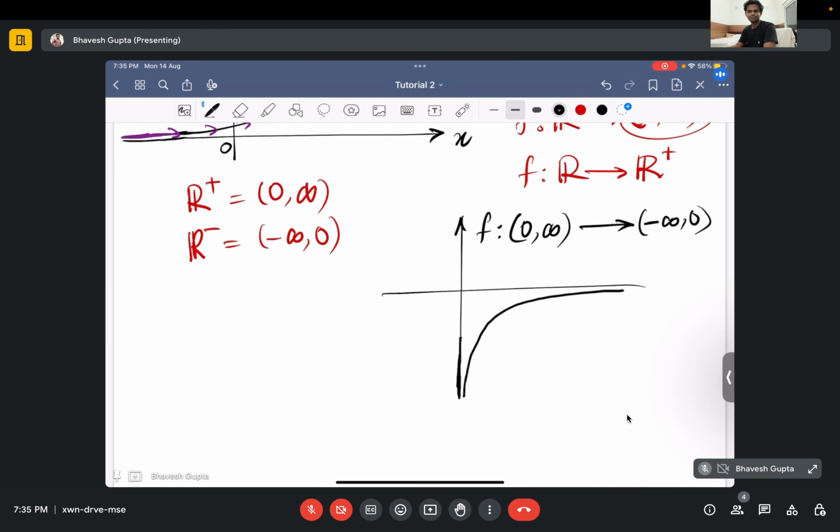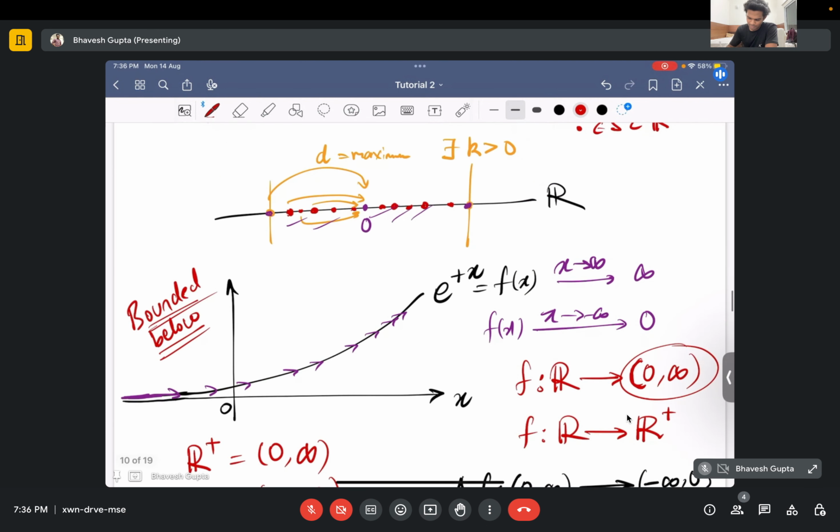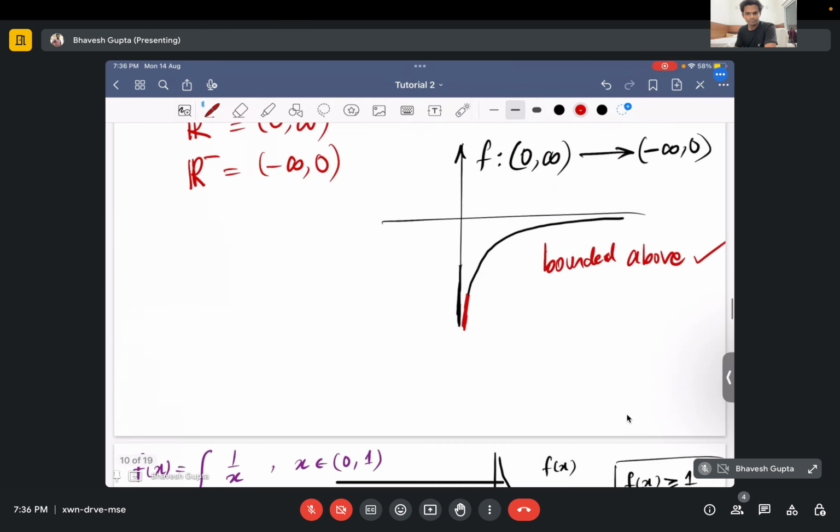to 0. And in this function you can see very clearly that over here this is not bounded below, right? But this is bounded above. This is bounded above, and in this case it is bounded below. And how they are bounded above, you can see here